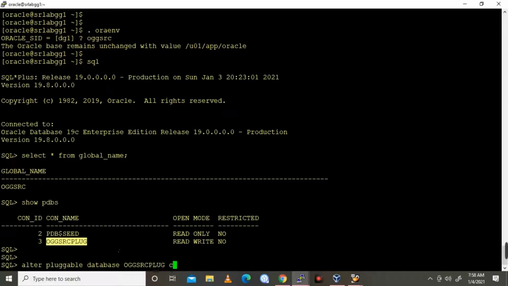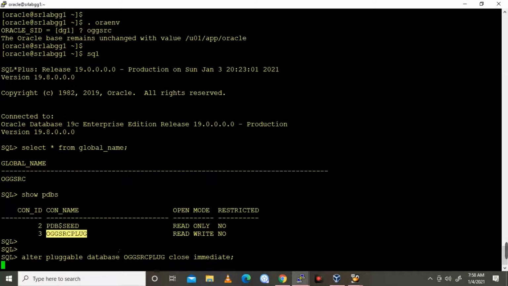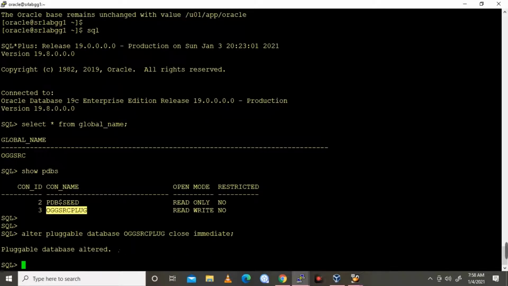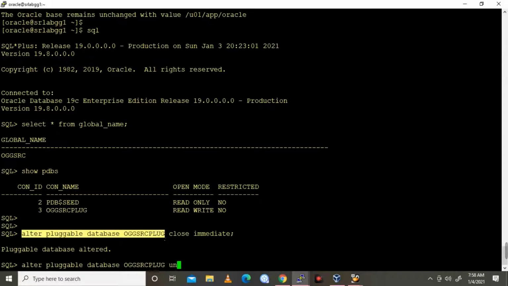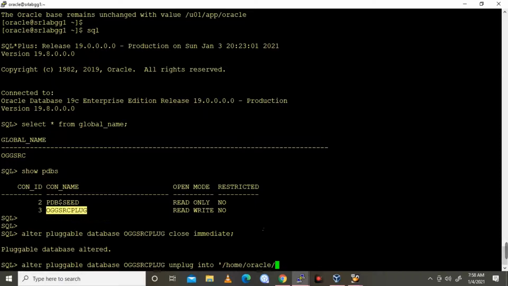So here it is, the physical standby database is running on another node. I have configured Oracle Data Guard broker. So I am logging into that Data Guard primary database now. Validating, here it is running the test PDB 2, the pluggable database is running. So we have created the Data Guard for this primary database. This is the OGG source database.